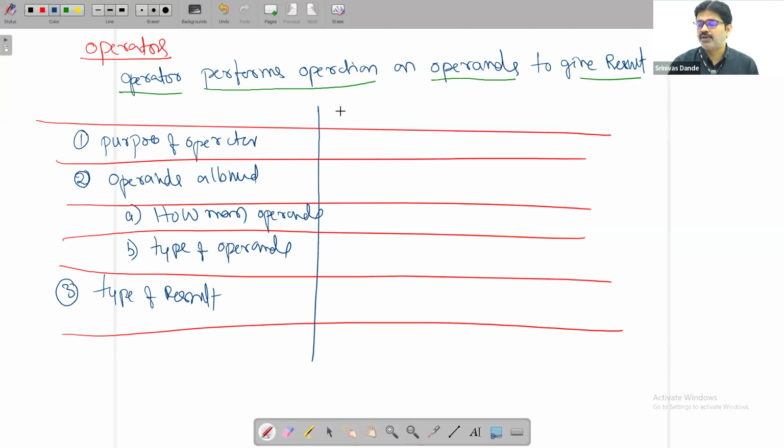So we'll take plus first. If I do A plus B, we are talking about the plus operator. For the plus operator, the purpose is to find the arithmetic sum. Okay. Operands allowed: plus is a binary operator, so 2 operands allowed. And what is the type of operands allowed? You can use 6 number types,